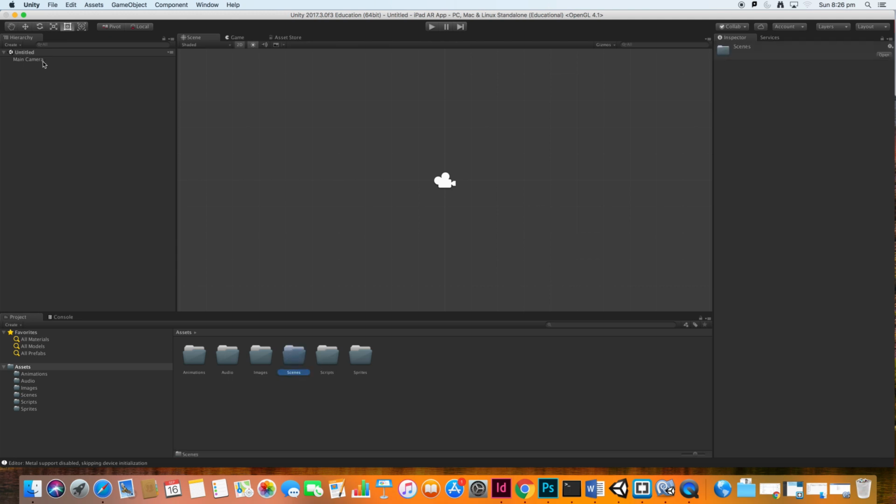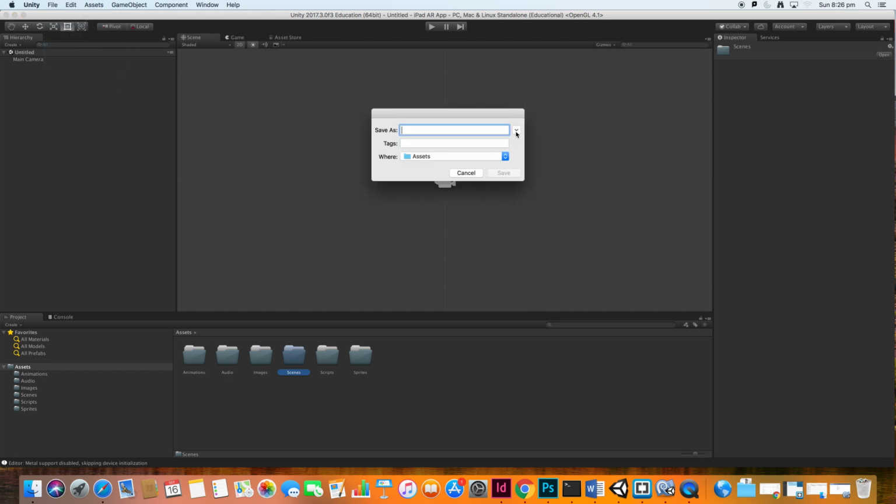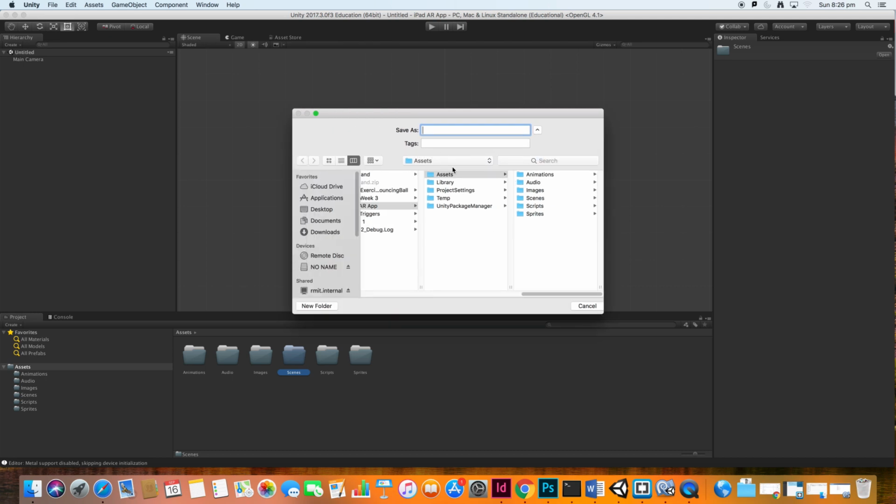Okay, so scenes we've used before. We're in fact going to save our current scene into that. So I'm going to choose File, Save Scene As, drop down the arrow here, and you can see exactly where my scenes are saving. So I'm in the Assets folder, find my Scenes folder, and here I'm actually going to work with a specific scene